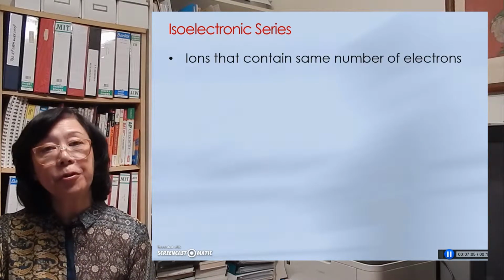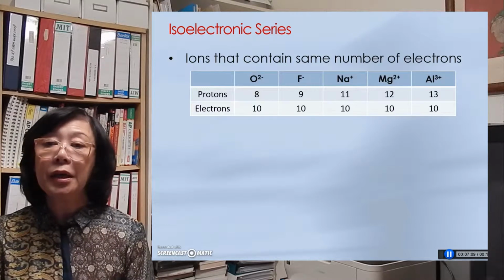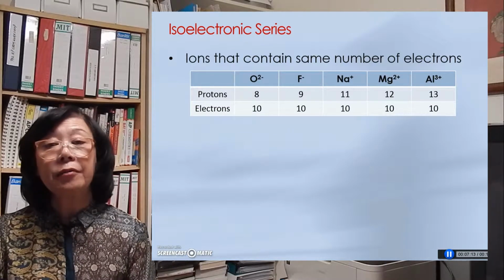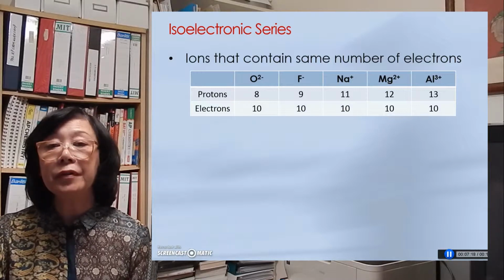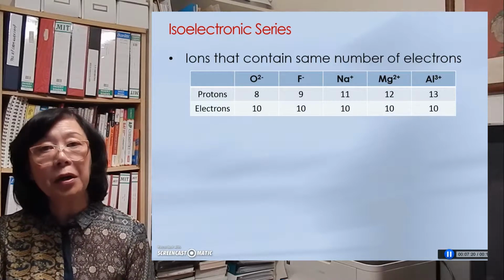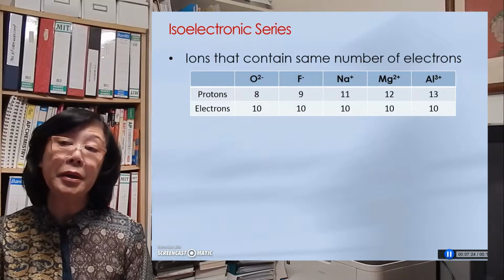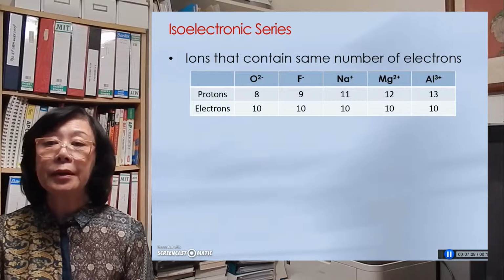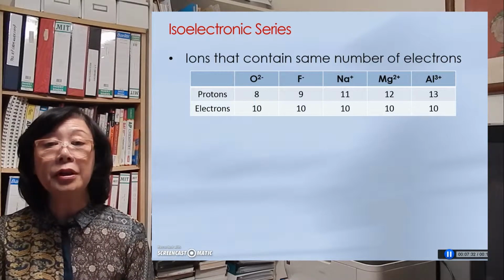Isoelectronic series refers to ions that contain the same number of electrons. If we look at neon and those few atoms before and after neon, we come up with the oxide 2- ion, fluoride 1- ion, sodium 1+ ion, magnesium 2+ ion, and aluminum 3+ ion. Now, I always like to ask my students to rank them next to each other in terms of